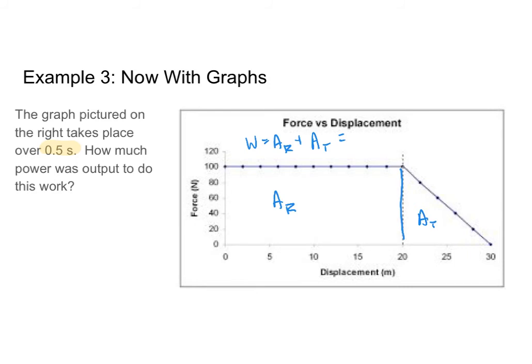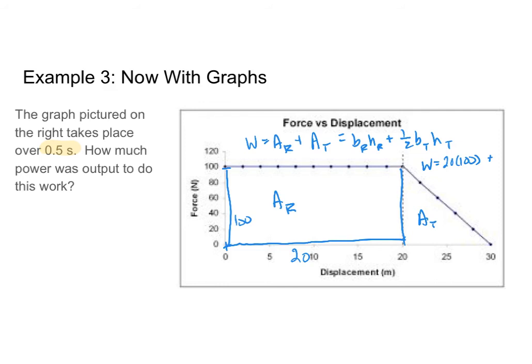So it's going to be equal to the base of my rectangle times the height of my rectangle plus 1/2 times the base of my triangle times the height of my triangle. And the rest of the numbers I'm going to get from the graph. Base of my rectangle is 20 and its height is 100. So what I will say is that my work is equal to 20 times 100